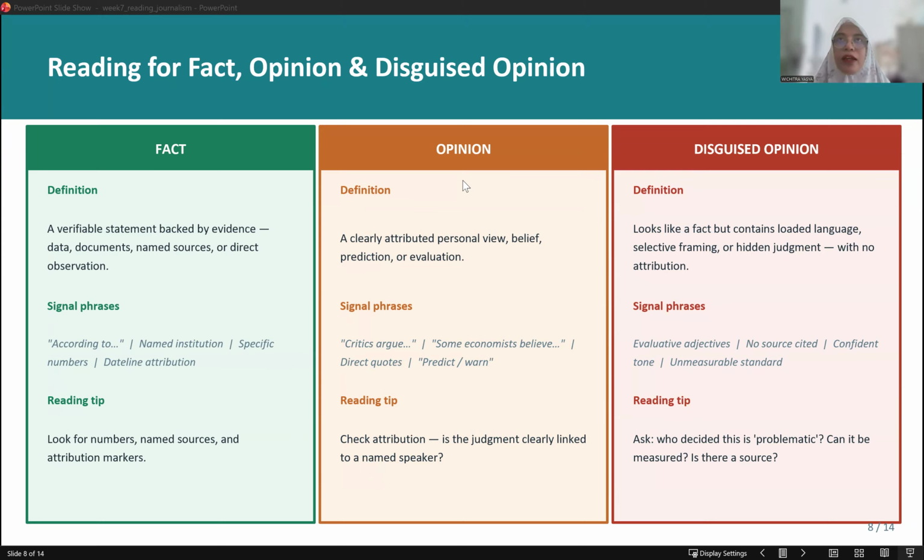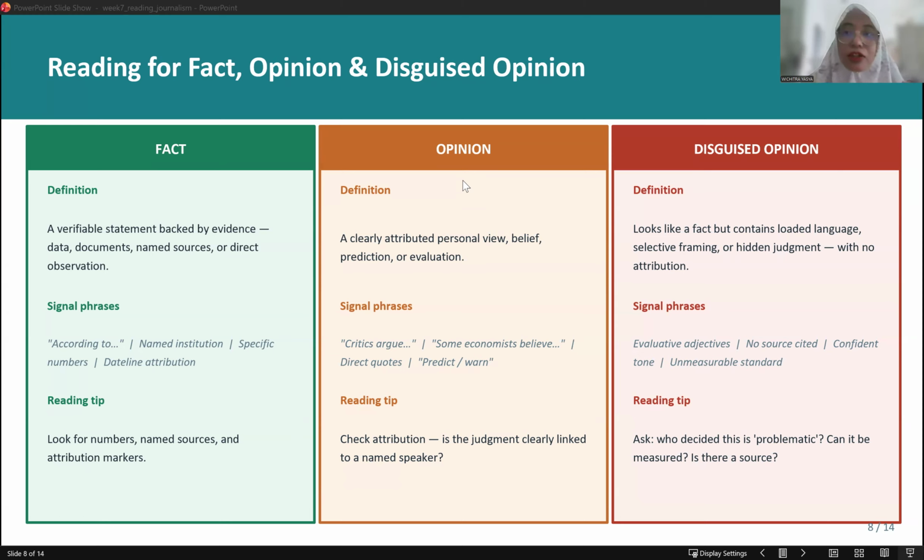So it's usual for news articles to have opinions. Ya, jadi biasa kalau artikel itu ada bagian opini. Of course, they're not all opinions, because if it's all opinions, usually it's not claimed as a news article but an opinion article. So if you learn in your journalism classroom, there's an opinion article, there's a news article, there's a feature article, and so forth.